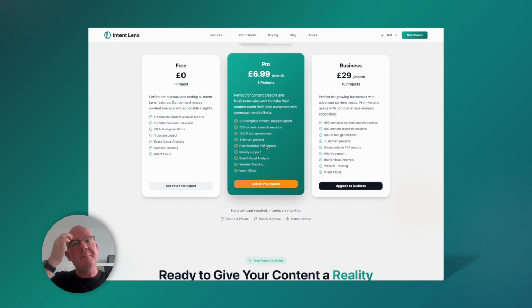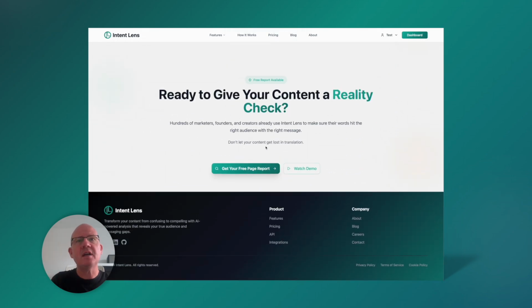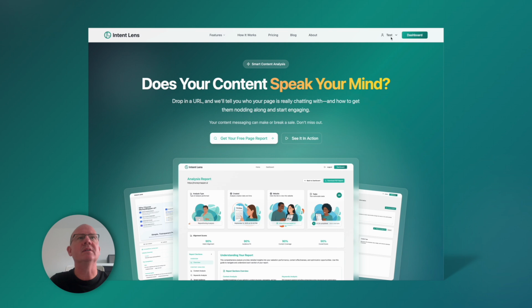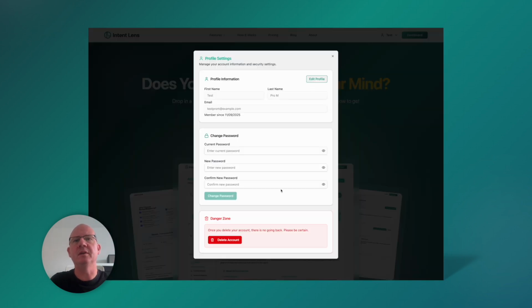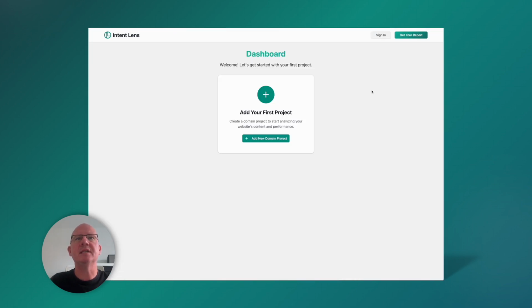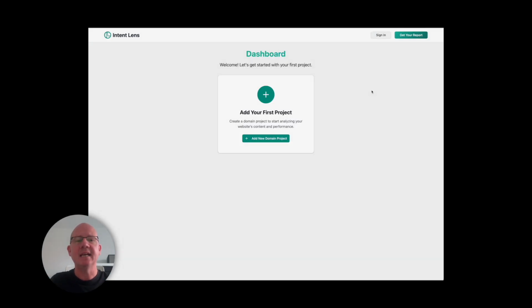So there you go. I'm just going to go into the actual app itself. Once you're logged in, I'm currently logged in as a test account, and if you go here, we've got our profile, subscriptions, and logout, the usual stuff. If we click on the profile, it will show you your basic details. Your subscriptions will come in there, but we'll go over to the dashboard, and you can see now I've not actually added,